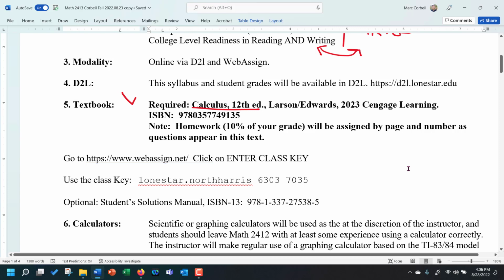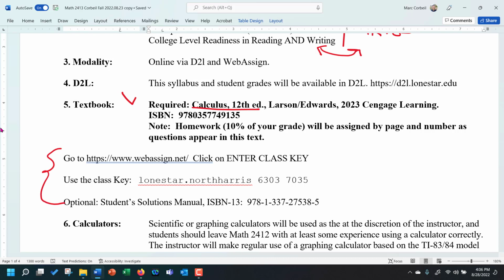With that being said, getting that link to WebAssign gets you into that homework stuff, so it's an absolute must. How you do that is pretty simple. You simply go to this website, www.webassign.net. You click on enter class key. When you do that, you use this class key, follow the instructions. It'll ask you for your money, so you pay that through your credit card. It's very simple to do, and then you can get access into the course very quickly and almost instantaneously. This is strongly suggested as the way to get access to the book and WebAssign. It's the cheapest way and it's the quickest way.